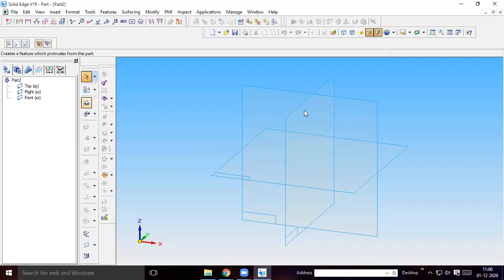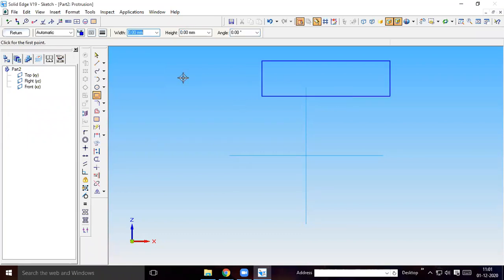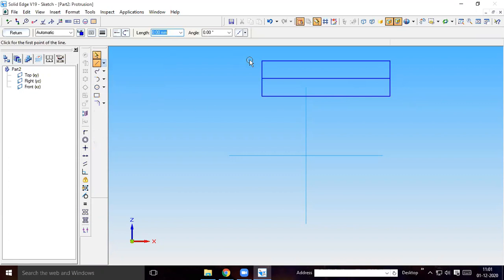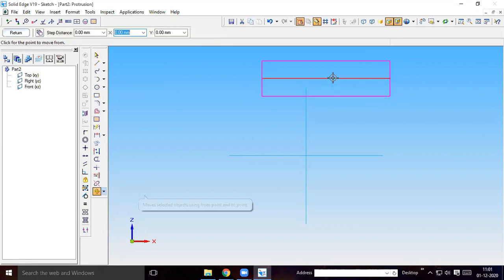Go to normal protrusion, select the front plane. Here you can create a rectangle of 100 mm by 28 mm. If you want to position it exactly at the center, you can draw a line from midpoint to midpoint, then move from the midpoint of the line we drew here.